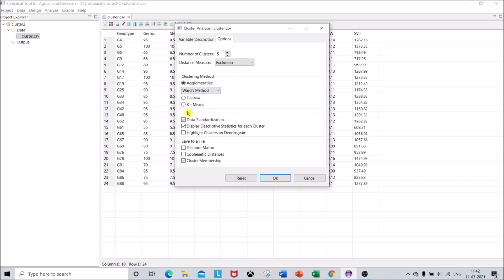You can also go for k-means, but it has its own disadvantages if it is complex data. The calculation of this k-means value might create a bit of a problem. So we can go for the default Euclidean, agglomerative and Ward's method. Under that, there is a default selection of data standardization, so let it